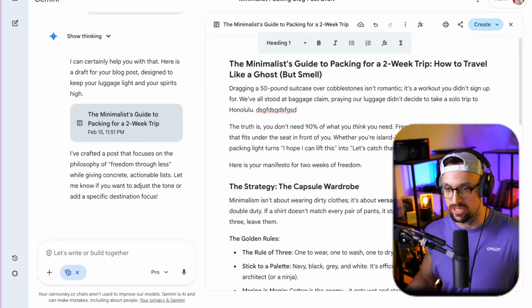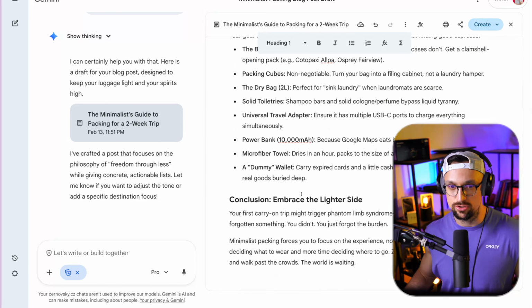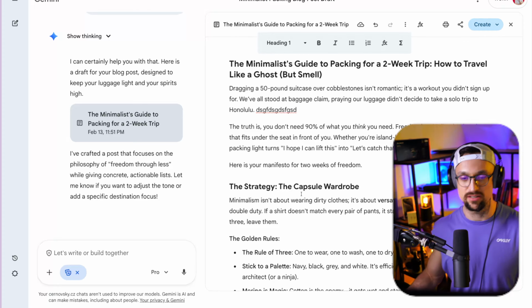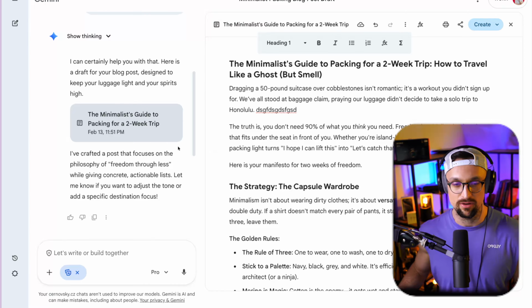And you can also change the length of the article, change the tone, and suggest edits. This is under my image there, so you can't see it. It's on the right-hand side down there in the corner. So this is Canvas, guys, and I highly encourage you to use it because it's much faster and more productive, and it's much better to have it side by side and not have long